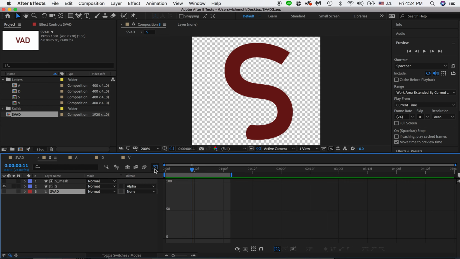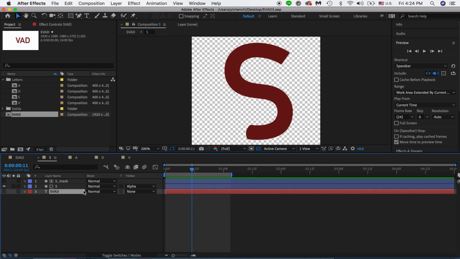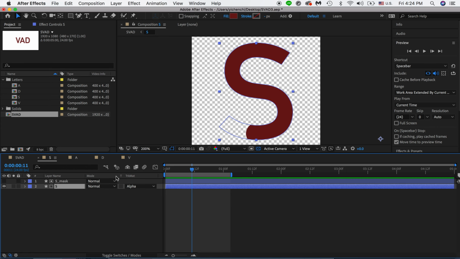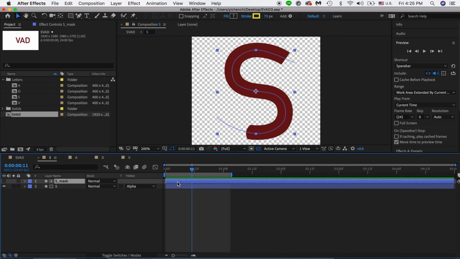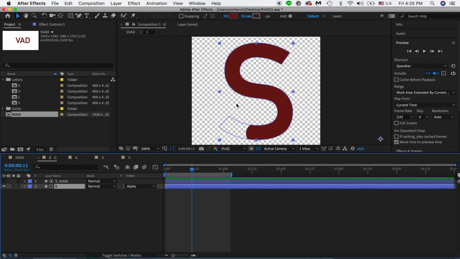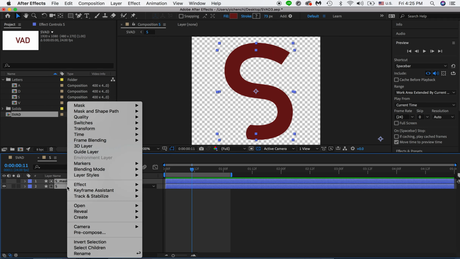Okay, so the steps are pretty simple actually. Let's turn off the graph editor and go back to the timeline. This is just the SVAD text we created earlier. We don't really need this. So what we need to do now is combine these two layers, since this is the mask and this is the fill color underneath it. By holding Shift, select both layers,